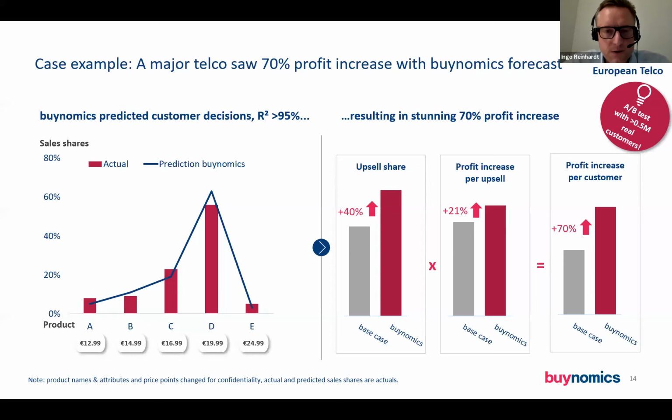And just to wrap up here, this is one study that we did in an industry where we had a massively different portfolio. We tested it with a large number of customers and demonstrated, so these products A to E are different plans with different data volumes, and generated an uplift in the share of the product and also in the profitability. And in this campaign, it resulted in a substantially higher profit increase overall than the status quo against which we A/B tested. So this was just a quick wrap up.